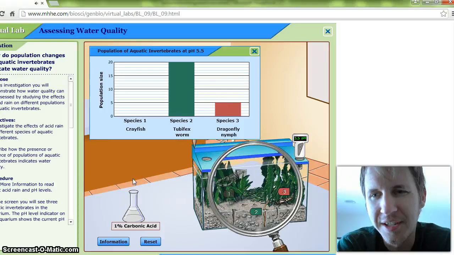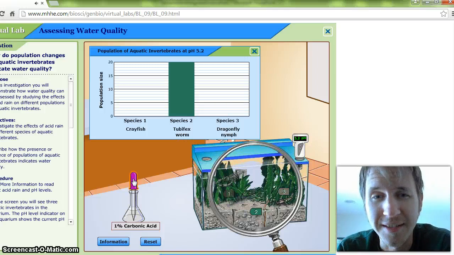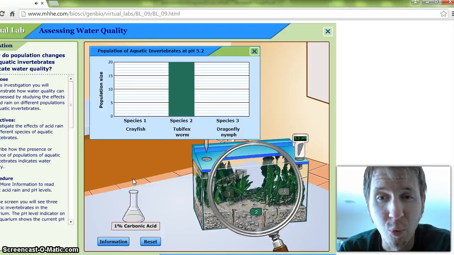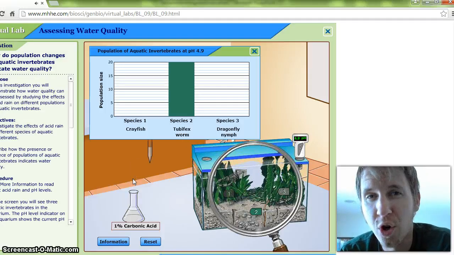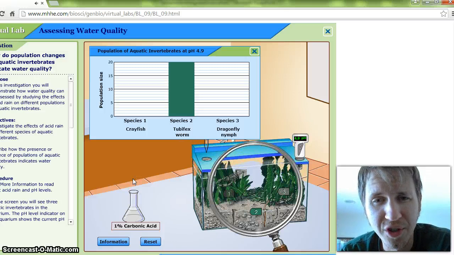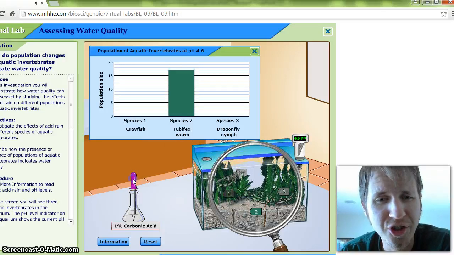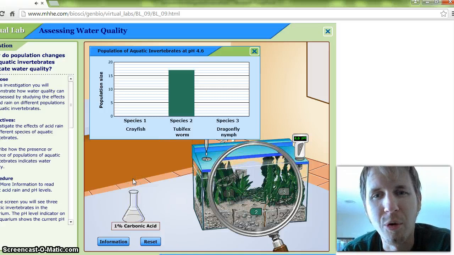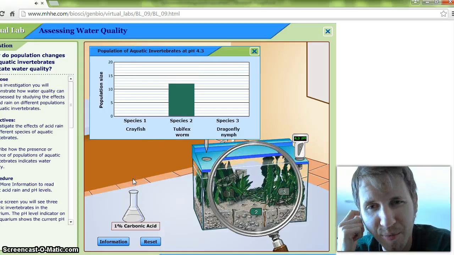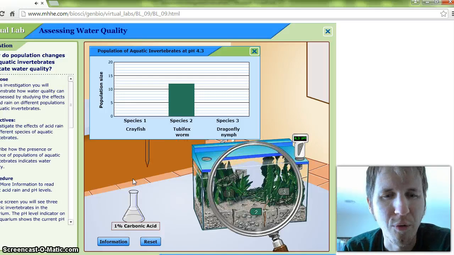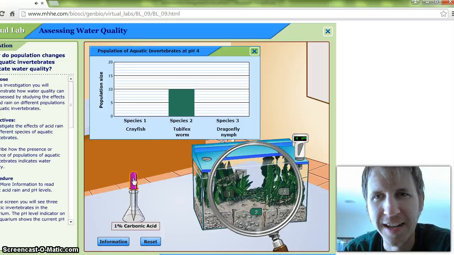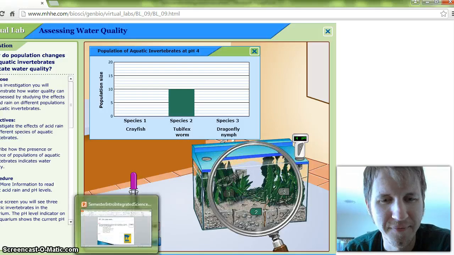And so if we take a look, we see that by 5.2, the dragonfly nymph, in this case, in the second example, is gone. The crayfish is already long gone. The worms, though, worms can survive a very long time. So if anybody ever tells you that if the worms survive, then there's food for the fish, that's not true, because there won't be any fish left at these pHs. And so the worm, as you can see, can survive into a pretty acidic environment overall. So that's kind of the point there. All right. So hopefully you enjoyed this